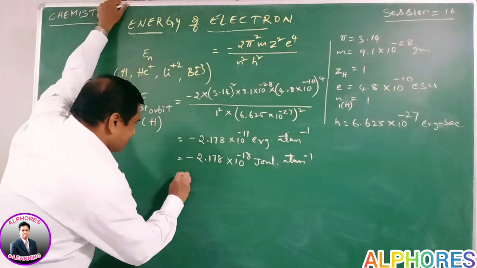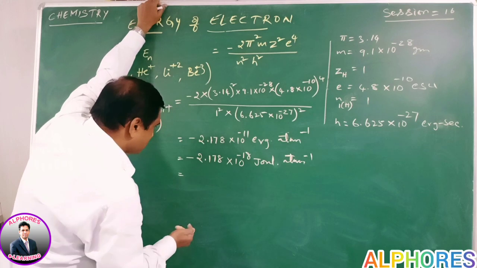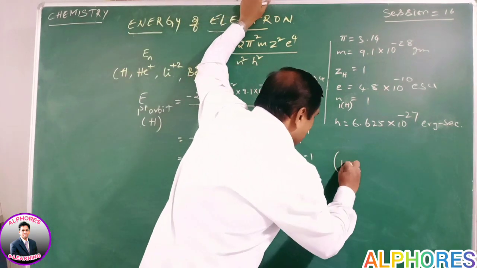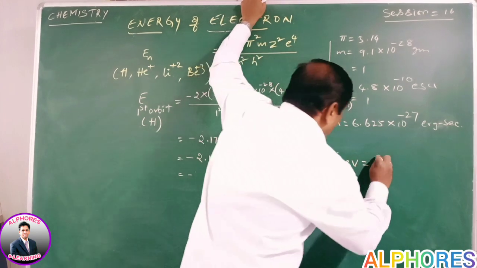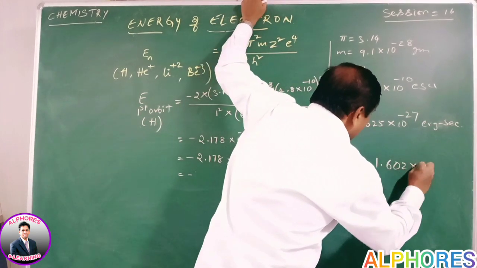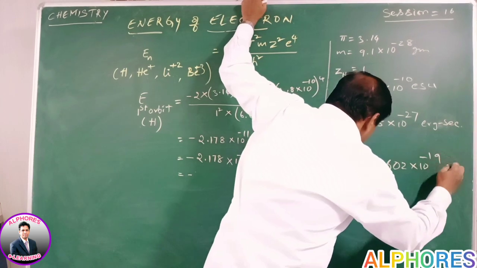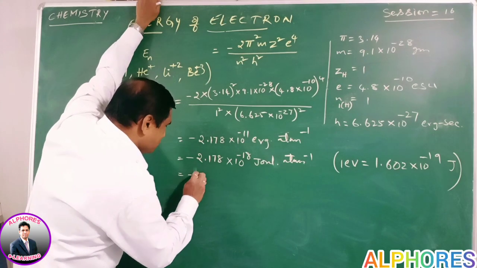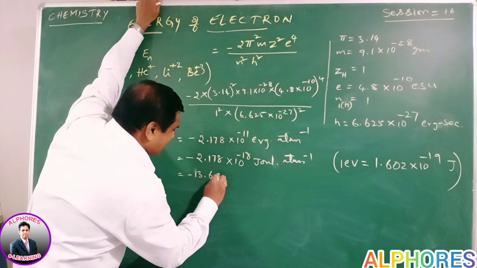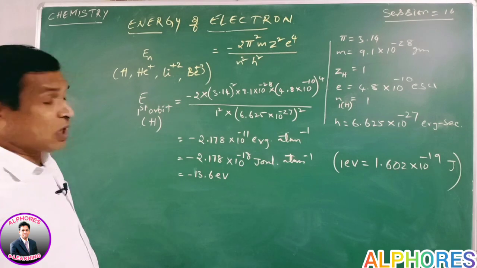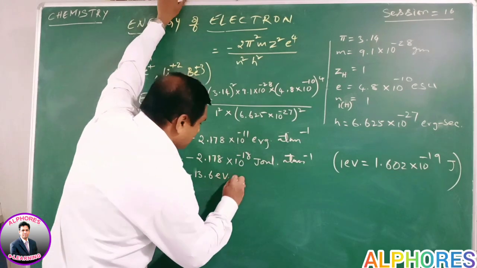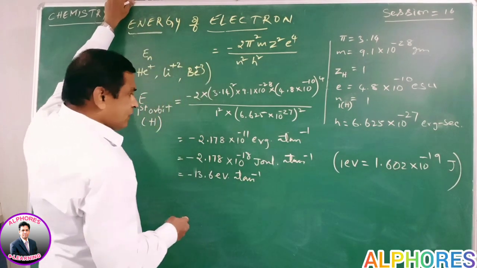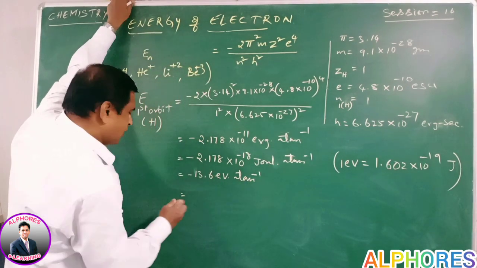Or it is equals to minus, as we know that 1 electron volt is equals to 1.602 into 10 to the power minus 19 joules. So now you will get that is equals to 13.6 electron volt per atom, okay, or